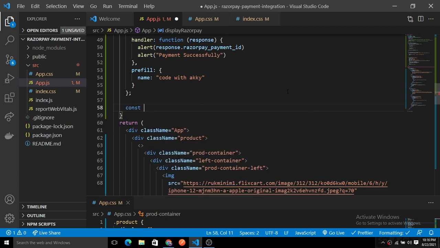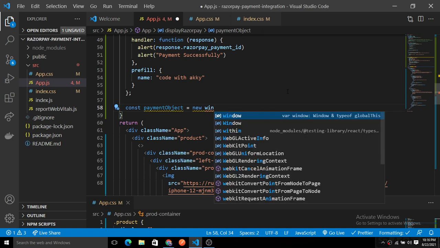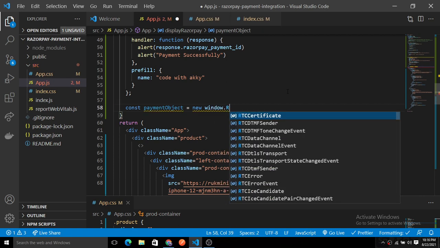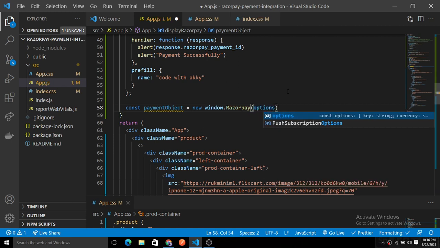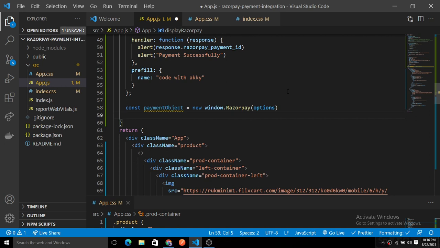So const payment object, and here let's create a window.razorpay, and we simply provide all these options. The last step is to use the open function to open the pop-up.